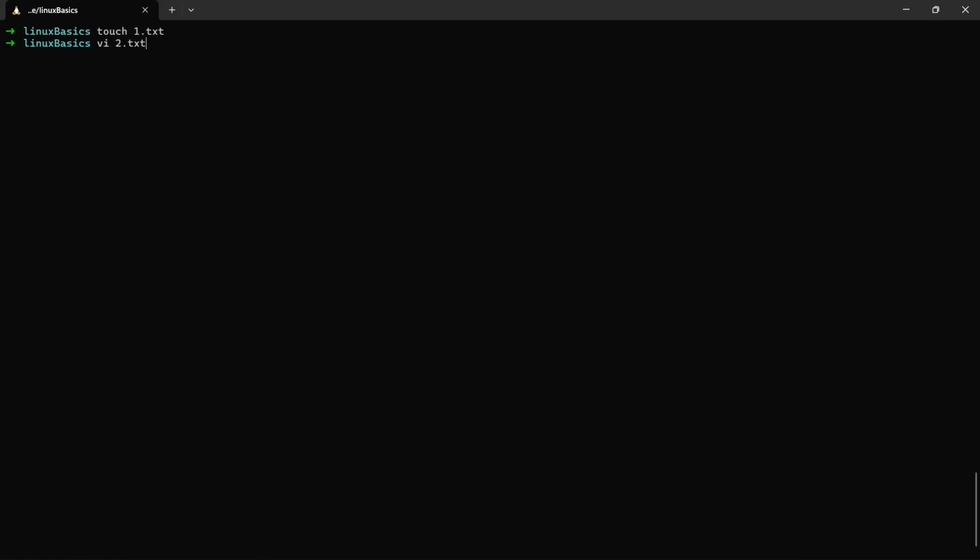So when I press enter, this is the vim text editor. Now, the Vim text editor can be a little overwhelming at first, but it is really easy if you just understand it a little bit. So I'm inside the Vim editor. If I want to write something, I can just press i, and you can see that it is saying that the insert mode is on. So I can type anything over here. Let's type something like this is the second